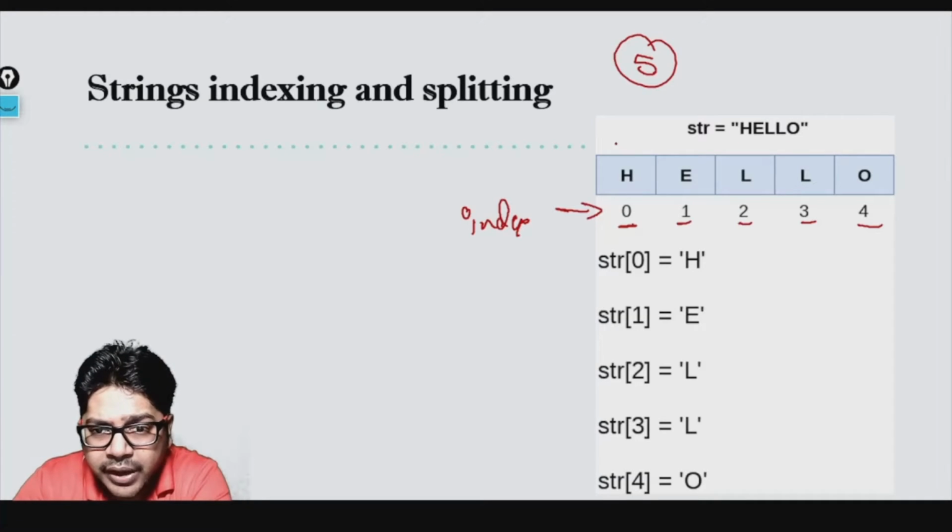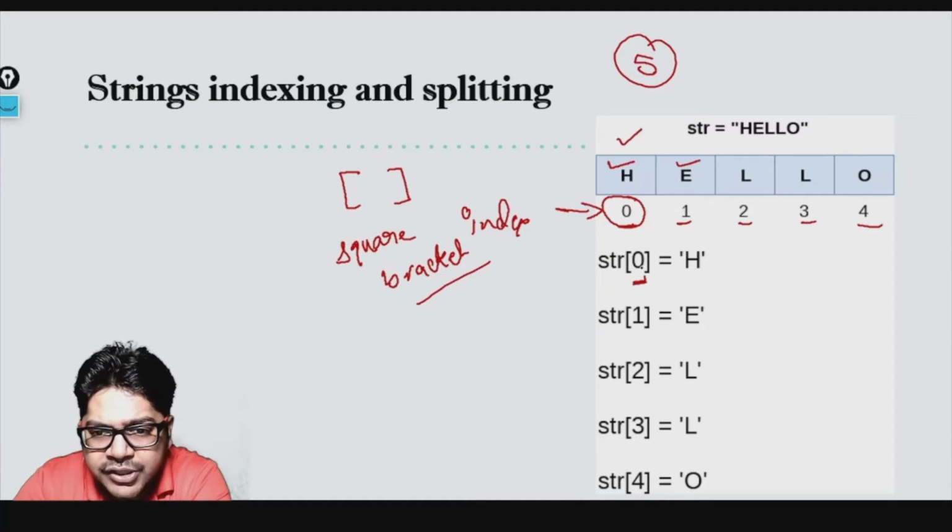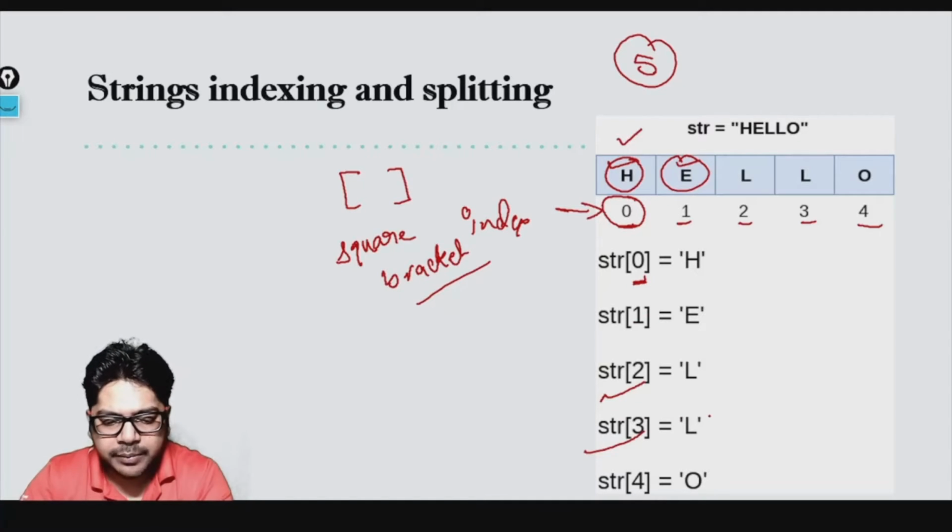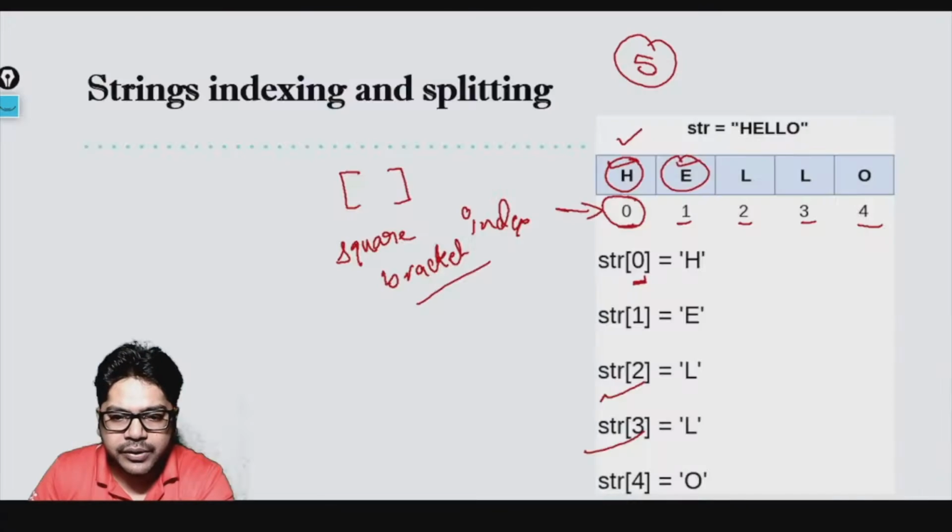For you h is the first character, and yes, h is the first character which is stored in index 0. And if you want to access individual characters, then you should use the square bracket. Square bracket, using this, after this you write the index number. If I write str[0], 0 represents h, 1 represents e, like that. You can go ahead and use that. So let me go ahead and use this for you so that you can see that.